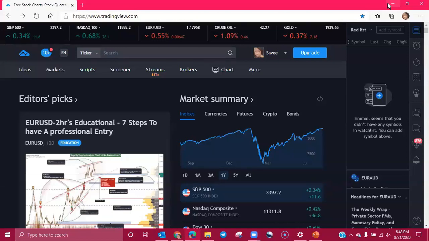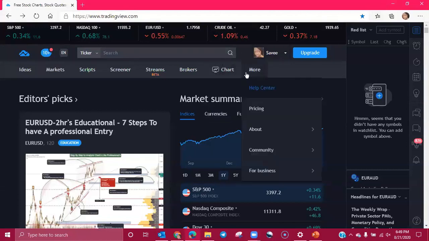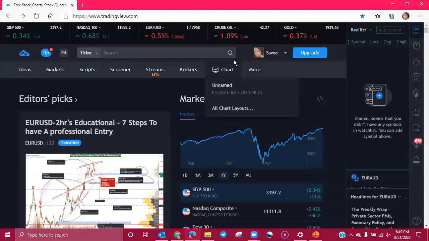This is simply the tools you need to be able to navigate through TradingView, because when you're new, it can be a little daunting, it could be a little overwhelming, and you don't know where things are at. So this is the reason why I created this series, to just try to help ease you into TradingView where it doesn't feel so overwhelming, okay? So on the screen, in order to pull up a chart, you want to click right here where it says chart. Okay.